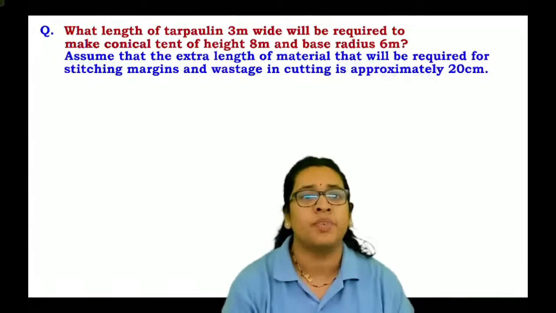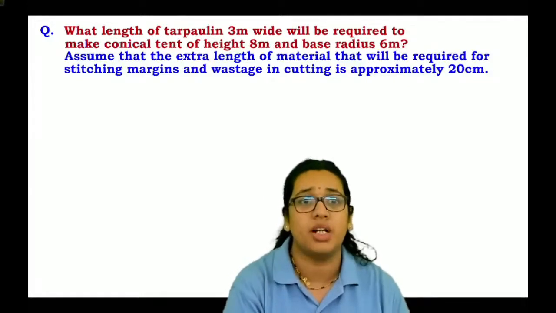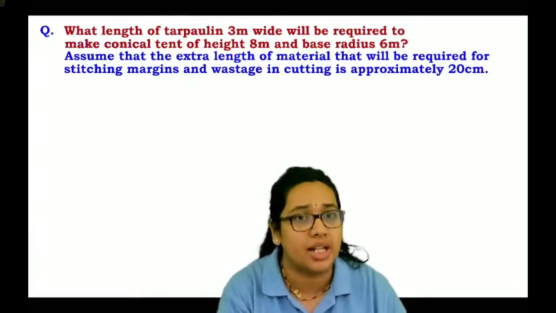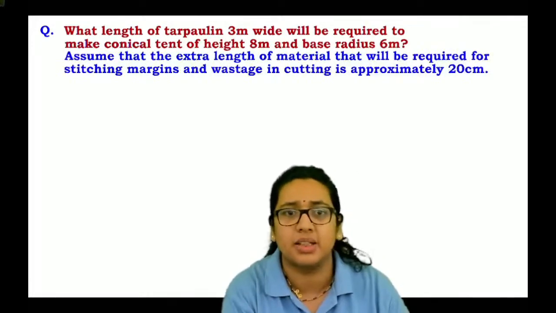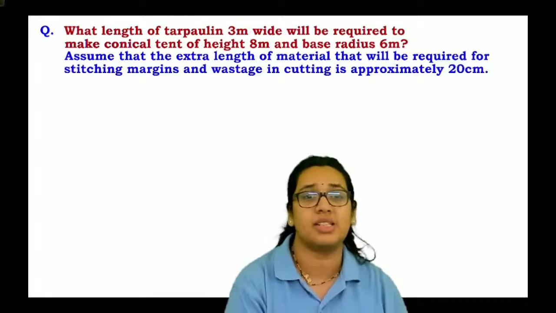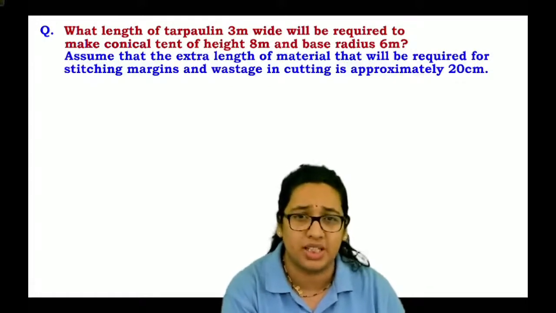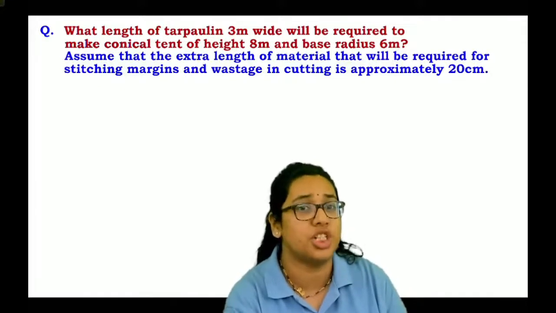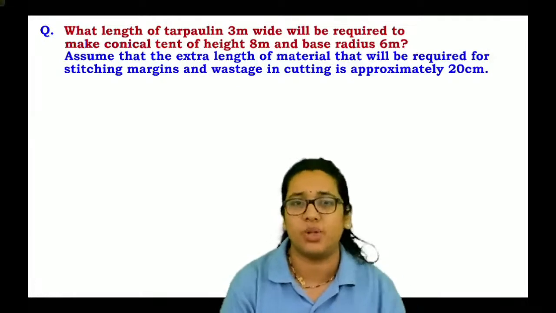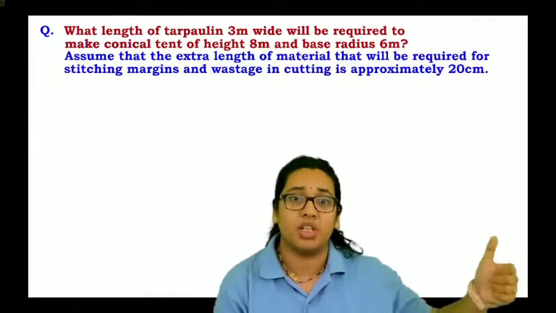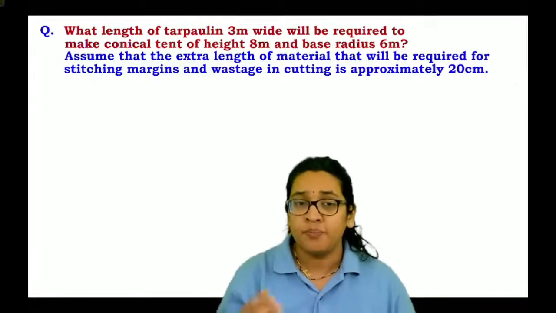ठीक है. What length of film 3 meter wide will be required to make a conical tent of height 8 meter and base, okay, base radius 6 meter. Assume that the extra length of material that will be required for stitching margins and wastage in cutting is approximately 20 centimeter. मतलब अभी आपको क्या फाइंड आउट करनी थी लेंथ,